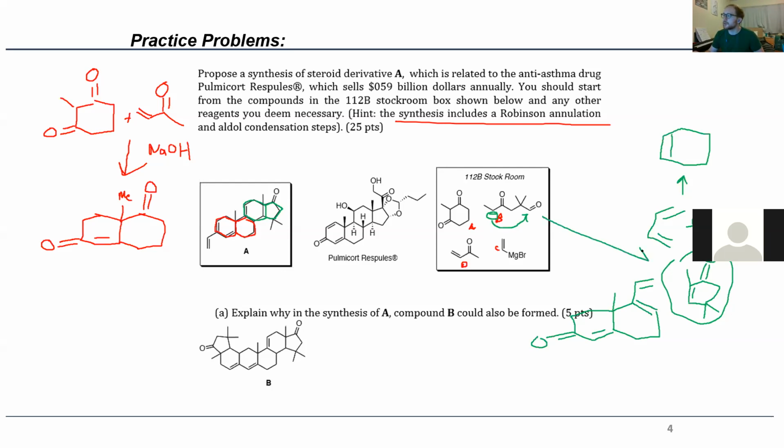So you could get to this building block, I think, just under thermodynamic enolate formation conditions. Okay, so we want to get to something that looks like this, couple it to that. That I think should make sense to us. And